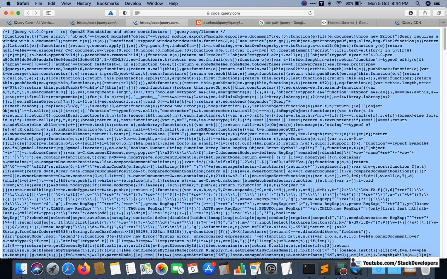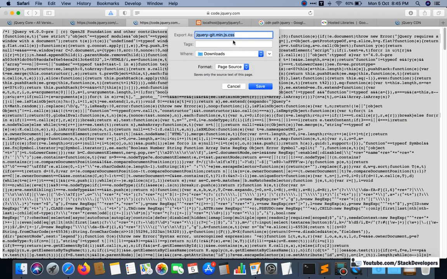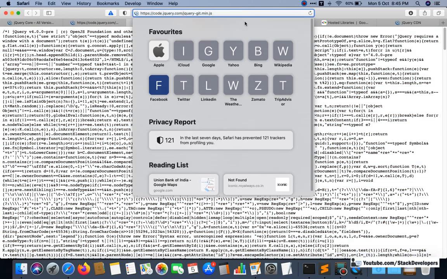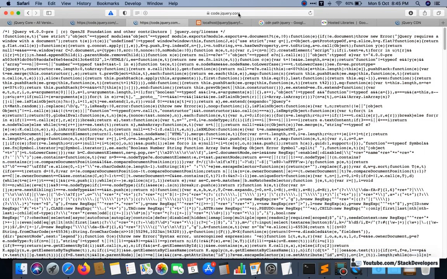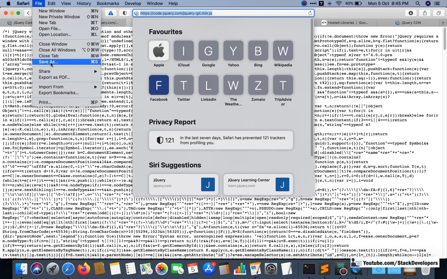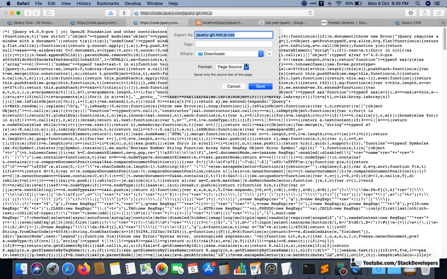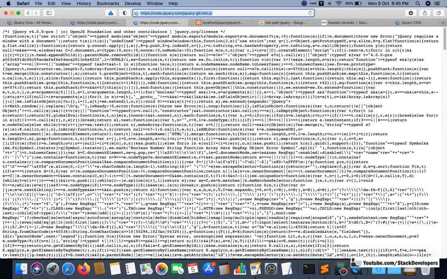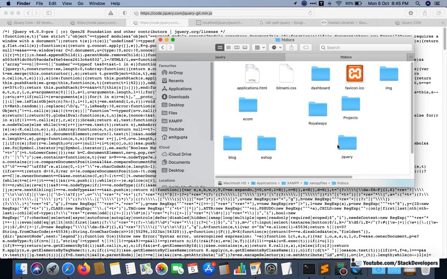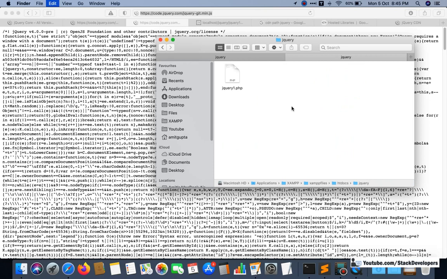We can just copy and paste it, jQuery main.js. Now it is fine. Sometimes it takes time. In htdocs, jQuery, here I can keep it.